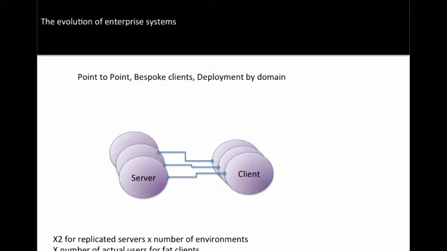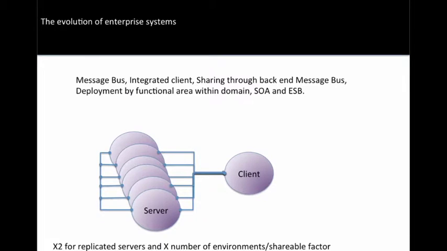So you might have dev, you might have test, UAT, you might have SIT, pre-production and production, or you might have factored some of those together. And the number of clients is the number of users times what effectively is a fat client. So it has to have a bit more processing power than a browser, for example. So then we move on to the next kind of